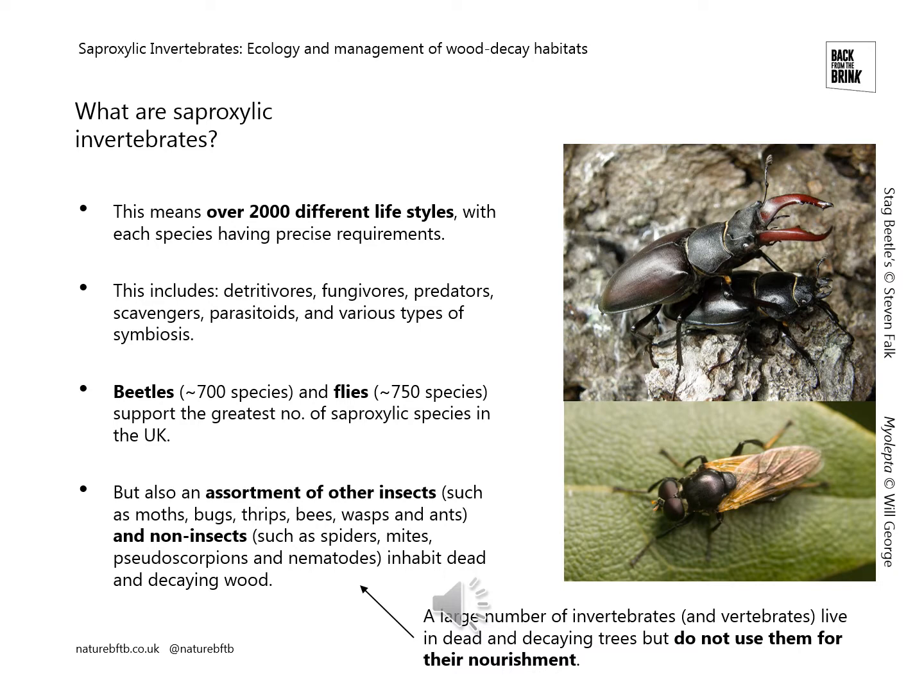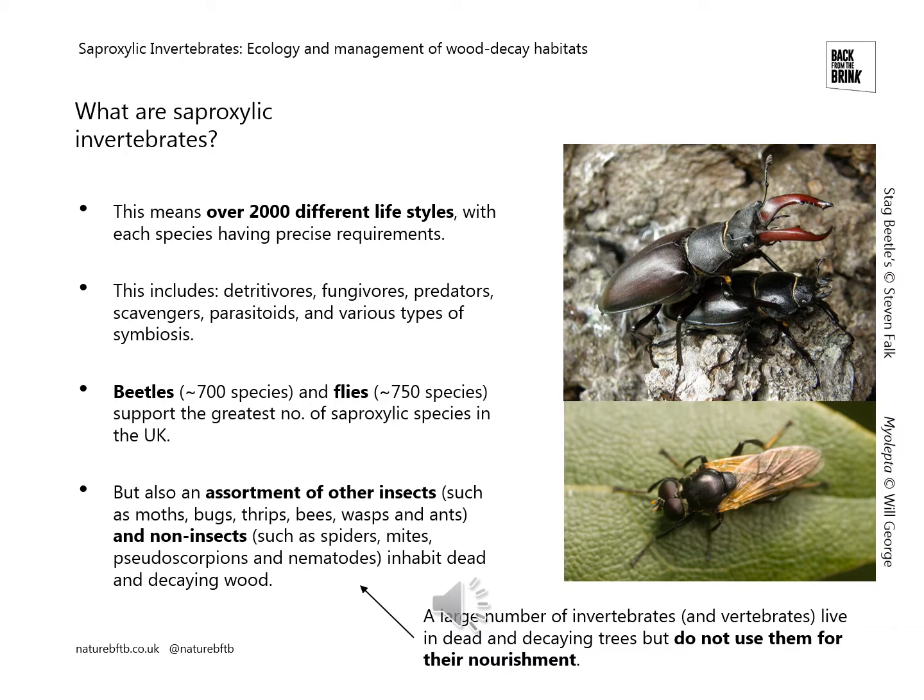The vast majority of our saproxylic invertebrates within the UK are either beetles or flies, but there are an assortment of other insects as well that are considered saproxylic, things like moths, bugs, thrips, bees, wasps, and ants. And there are also some non-insects as well, so things like spiders, mites, pseudoscorpions, and nematodes. And it's also important to note that a large number of other invertebrates and also vertebrates like bats and birds live in dead and decaying trees, but don't necessarily use them for their own nourishment in the same way